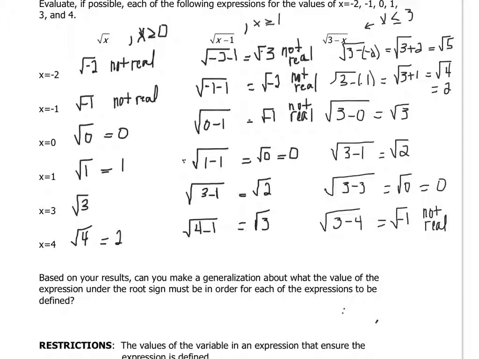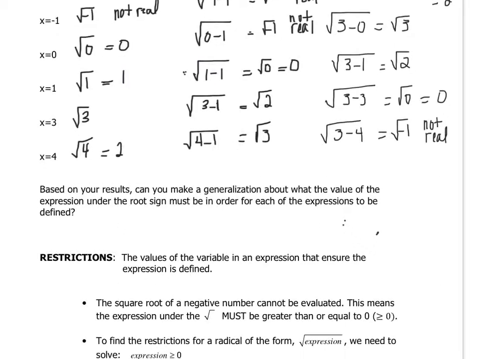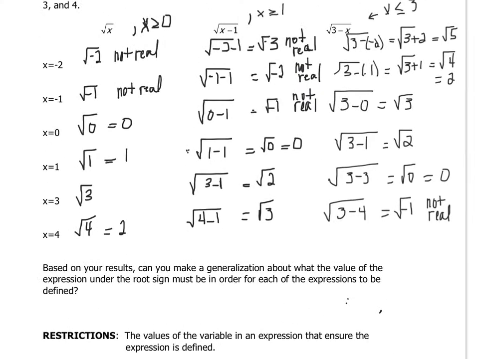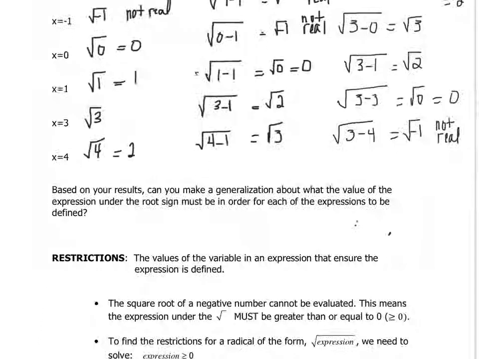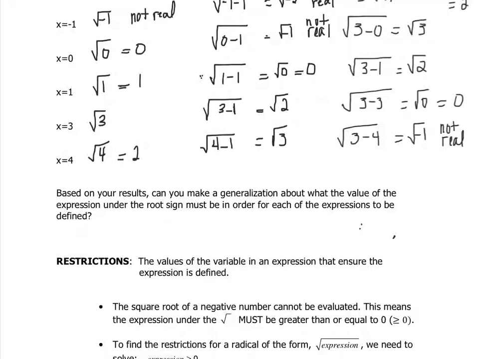in order for that expression to be defined. So basically, if you look generally at all those expressions, when they were defined and when they weren't, it seems that the only values of x that make the expressions work are the values of x that when you plug them back into the expression give you a positive value under the square root sign. If they give you a negative value under the square root sign, they're undefined. So if you want to make a generalization, you would need the expression under the square root sign